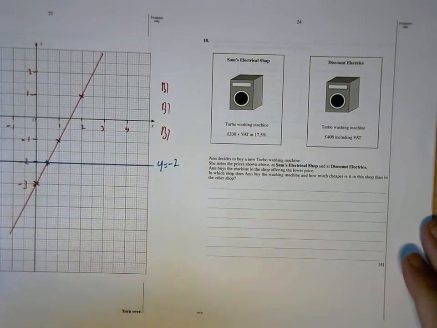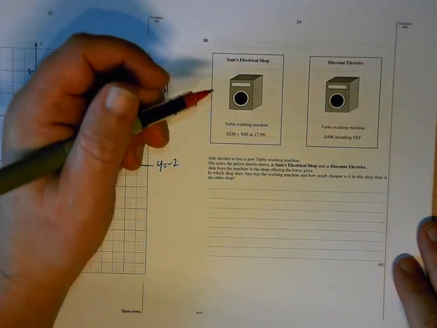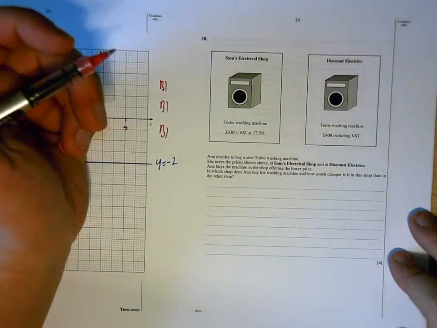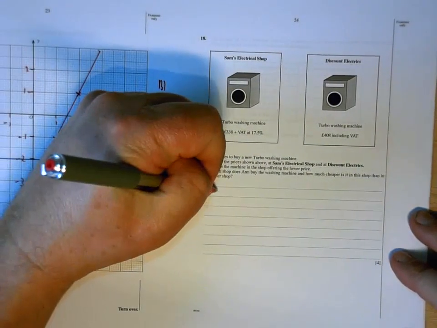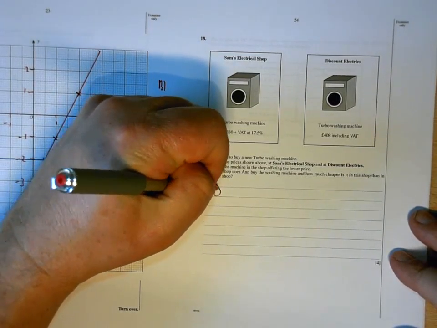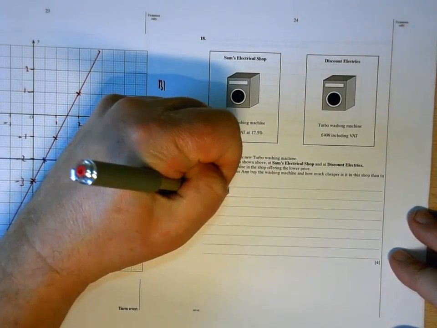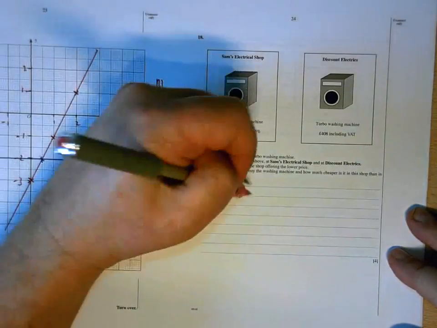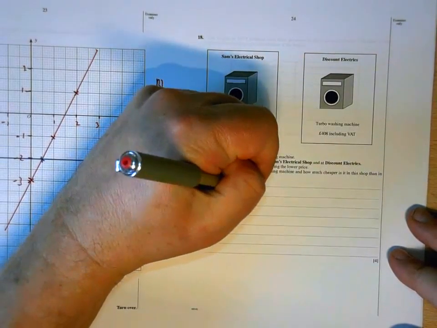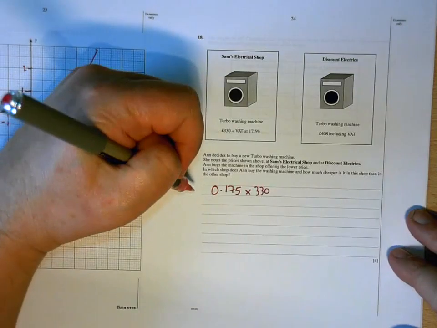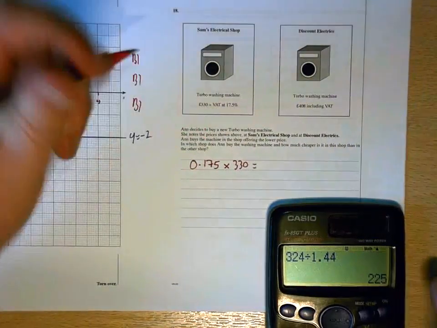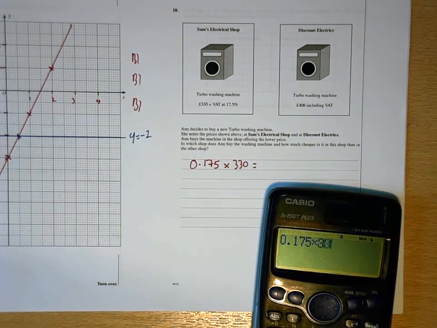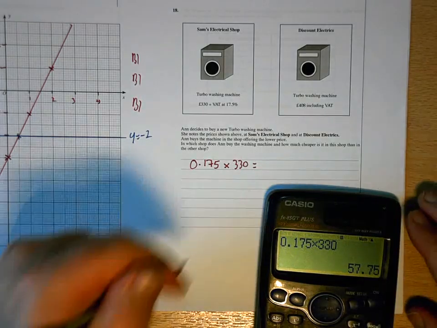Now, as I've said to you, work out percentages by turning them into decimals as you write them down. 17.5% would be 17.5 pence written in pounds. So if you're writing 17 pence in pounds, it would be £0, decimal point 17. So the extra half would be added on like that, and you would times that by 330. So let's do the maths. 0.175 times 330,